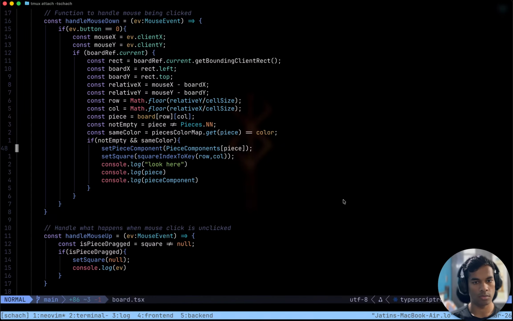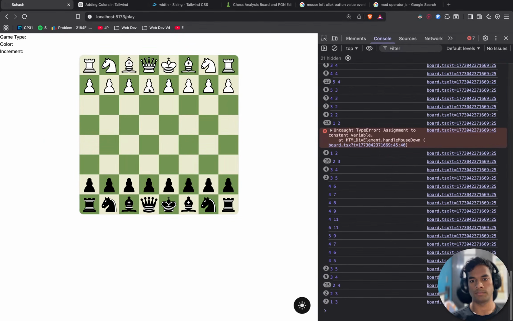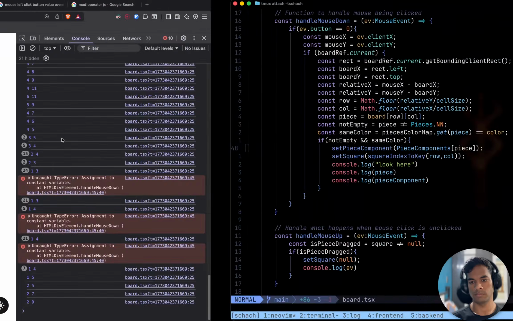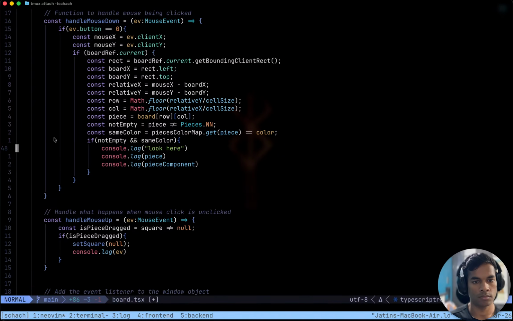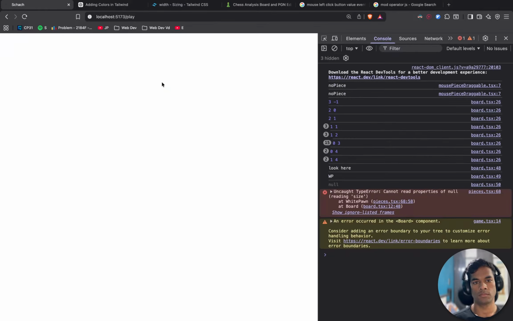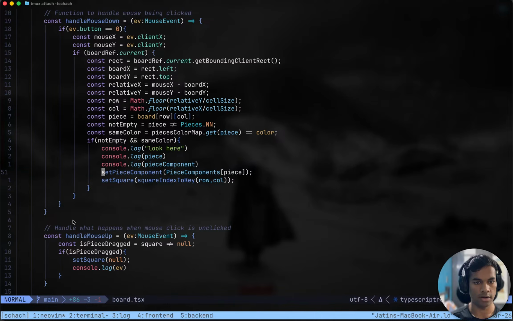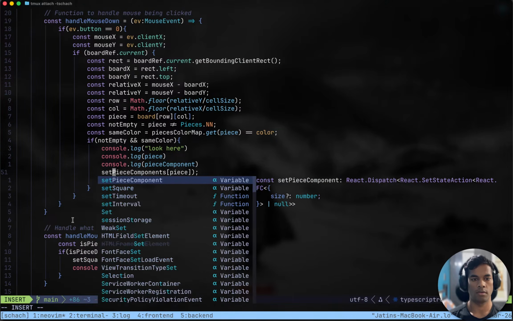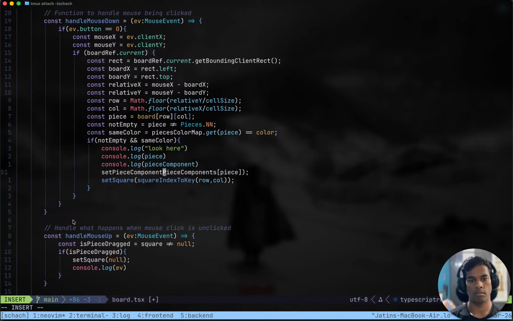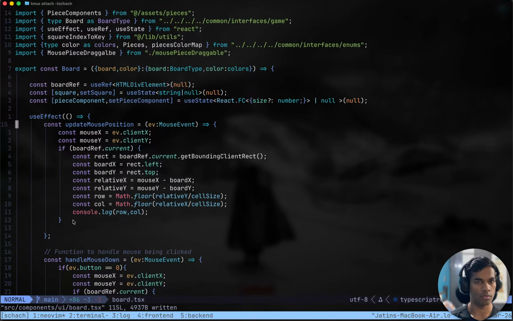Initially this is equal to null. Okay, look here, WP and null. Piece component is null. Set square is right, but set piece component is not, right? Call the set piece component with the correct value.